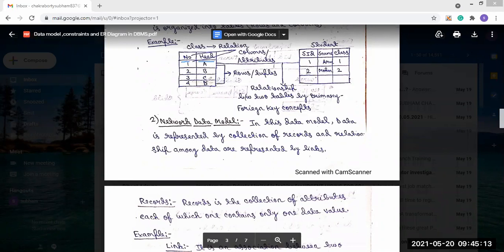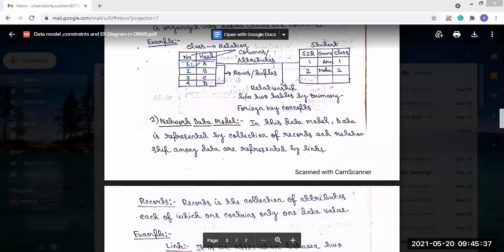You cannot see in number one and also another value two. It is not possible. Only one data value should be present. That's why it is called a record: a collection of attributes, each of which contains only one data value.